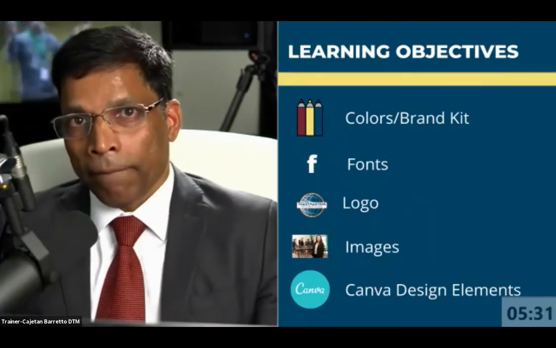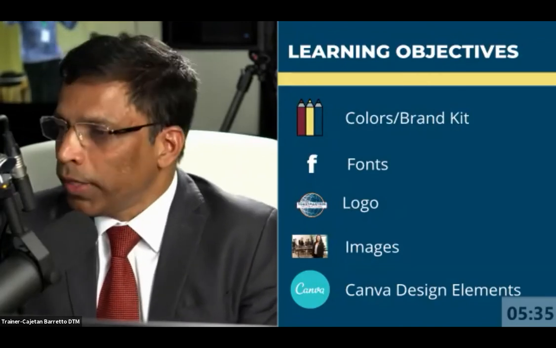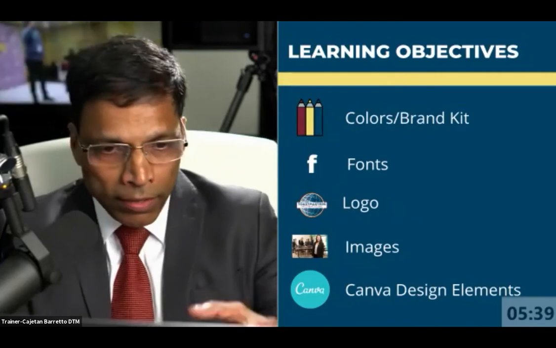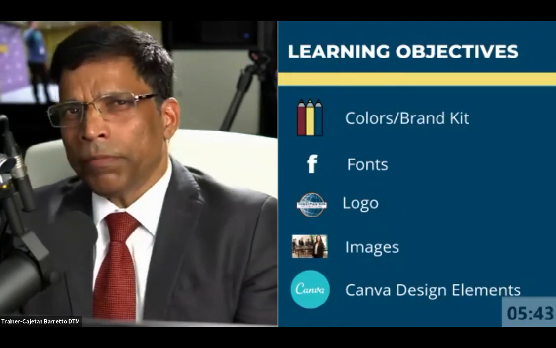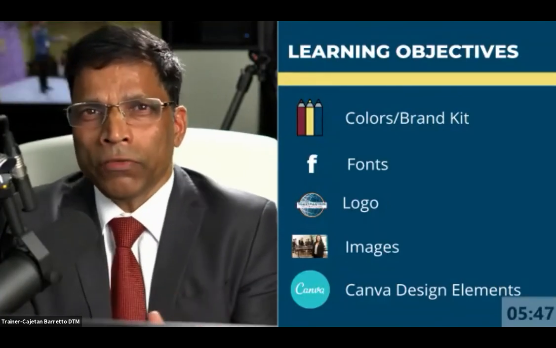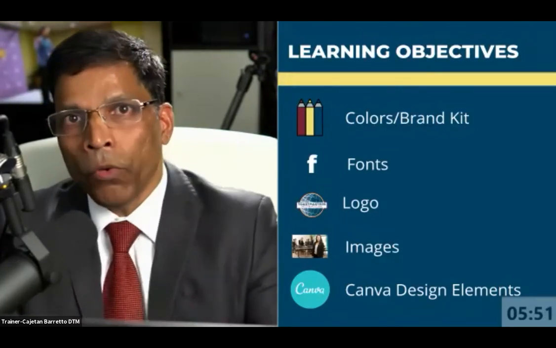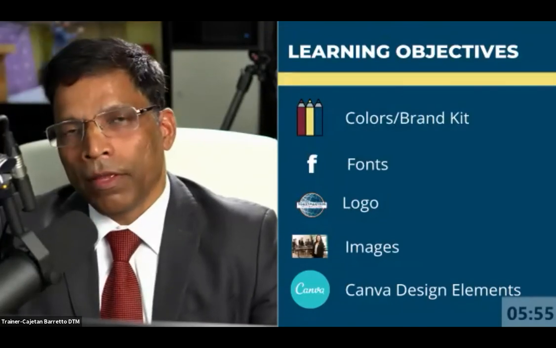Because Toastmasters has given us a toolkit, and the toolkit is made up of our colors, our fonts, our logos, and images. And that's it. This is what we have to do. And I know sometimes people get frustrated, saying, why am I restricted? Why is my toolkit so little? Why can't I have more things, more colors, more fonts, more images?